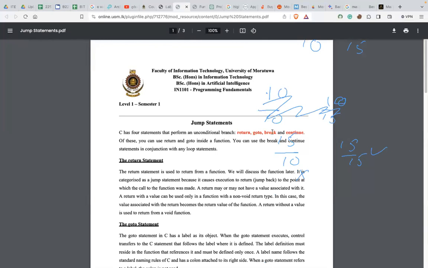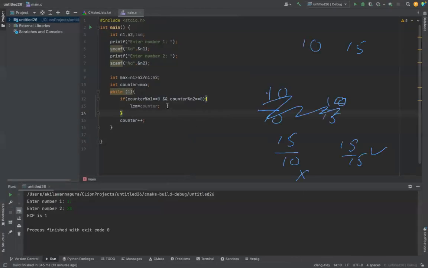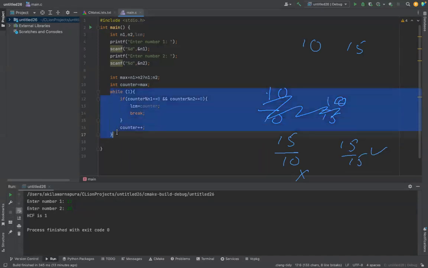We call it break. You can use the statement called break. Break will terminate the immediate loop. Immediate loop means, here, this while loop. That while loop will be automatically terminated. Suppose that this break is inside